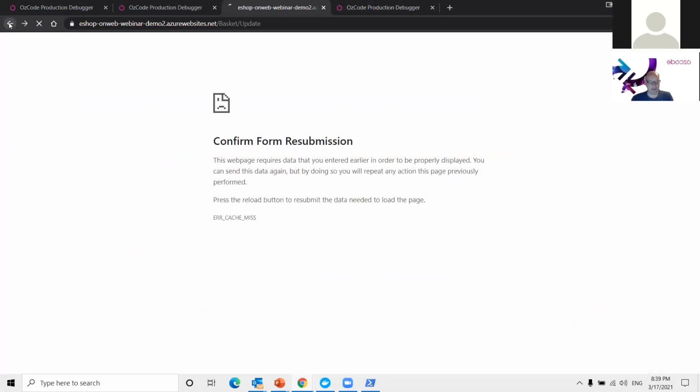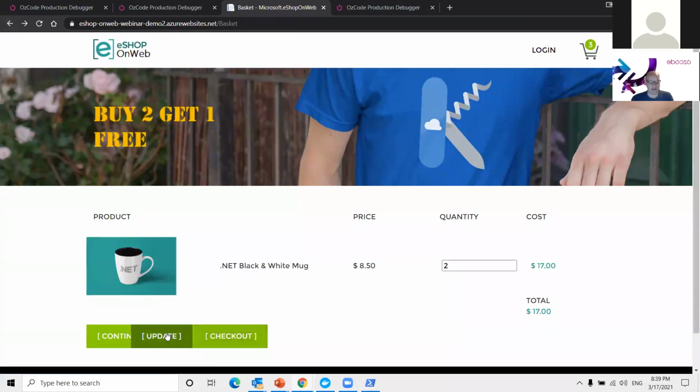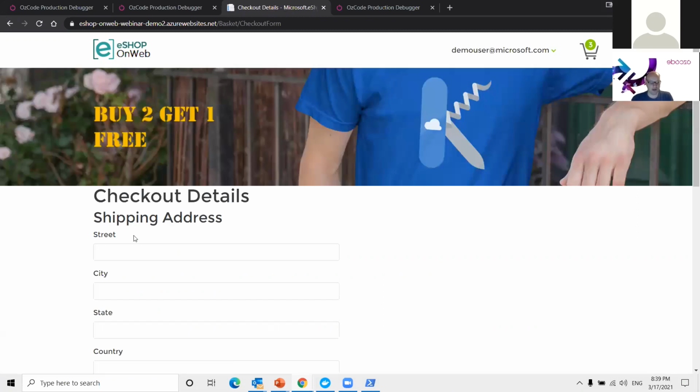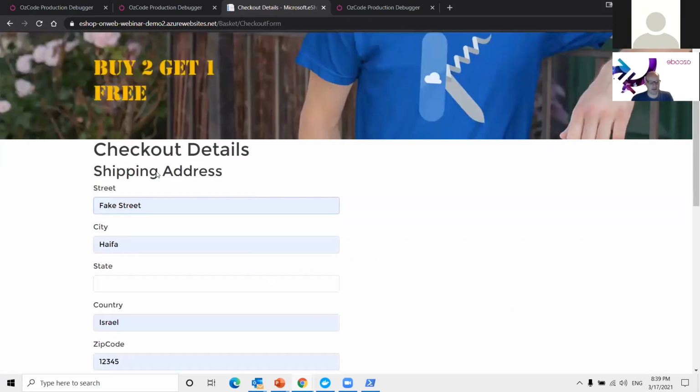So what happened is that when the customer finished dealing with the first bug and they actually have a shopping cart, and they go and they actually want to check out their items, so first thing I need to do, I need to log in order to check out. And I'm going to put in my fake details here.